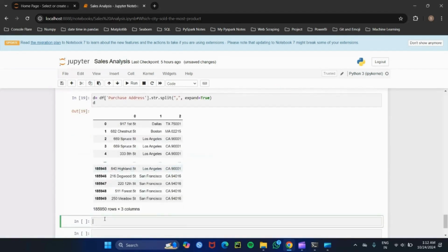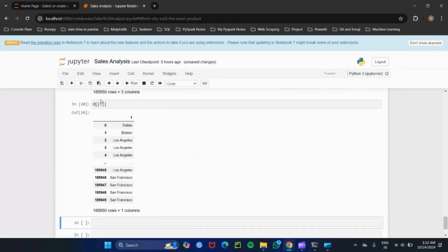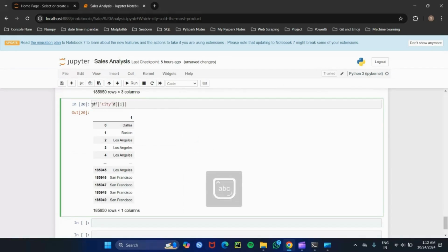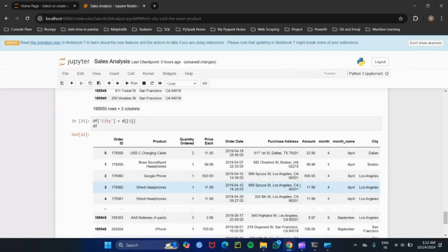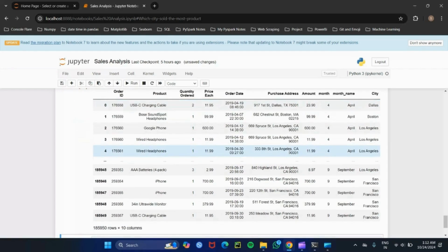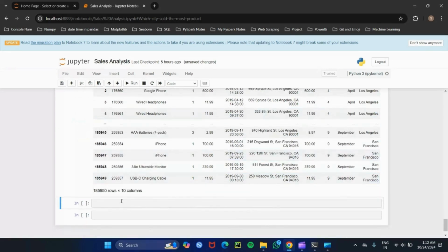Now I'm using the address column to create a new column called city. This column contains all the city names. So here you can see the city column is created, and the data are stored by fetching it from the purchase address column. Now moving forward, I am doing the group by operation on the city column with an aggregate of